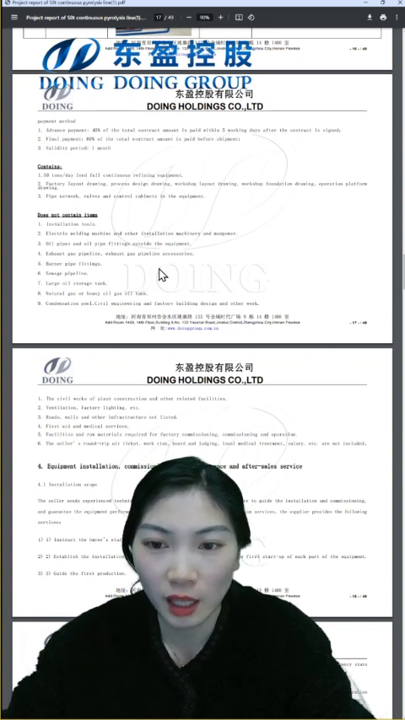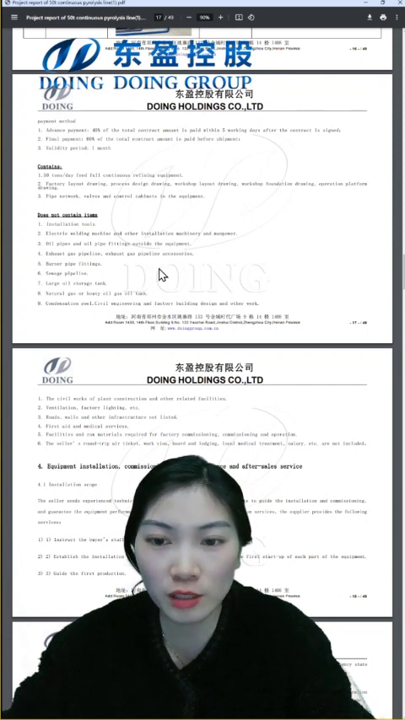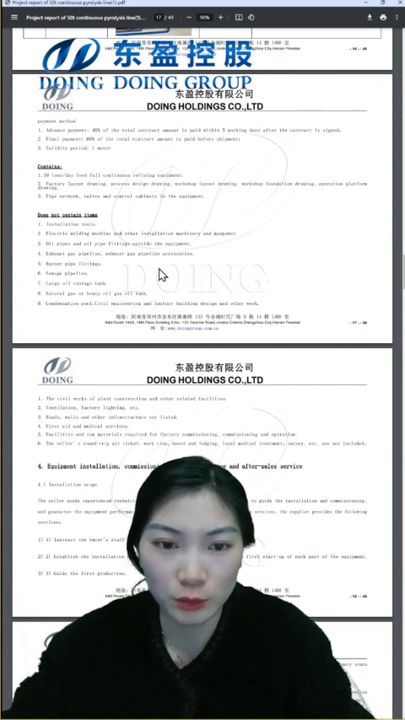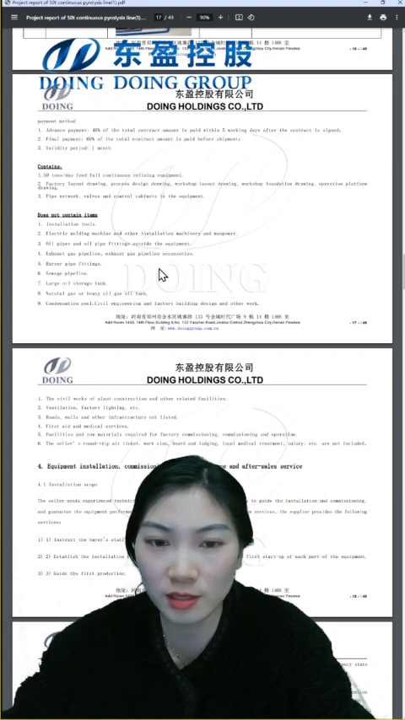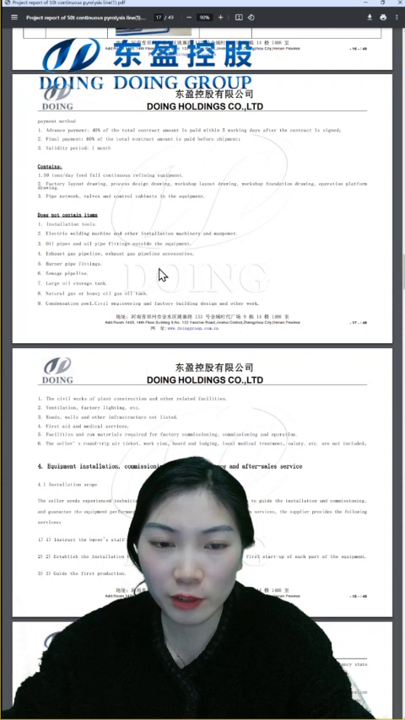Then when you pay the balance payment before shipping, we will book a ship for you. If you have your forwarder, you can consult your ship. If you want us to help you, normally we can help you to consult the shipping items. And after we book a ship for you, at the same time, we will give you the plan you need